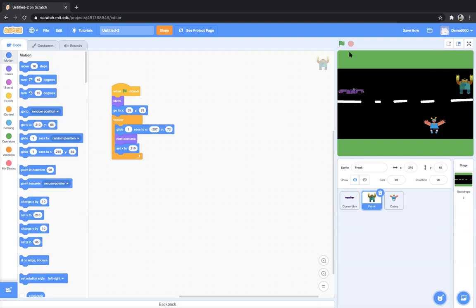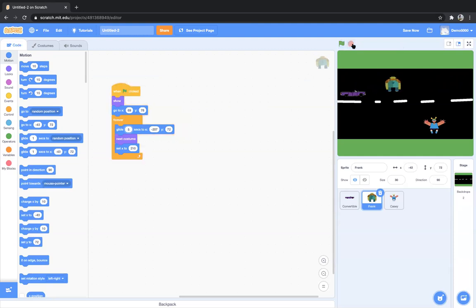Okay, so let's click on the green flag and let's see. Can you see the meaning of glide and what is happening? But Frank is moving quite fast, right? So I'll decrease the seconds here. Instead of 1, let's make it 5 so that Frank is moving a bit slower. Let's click on the green flag. So this is the speed of Frank. See, it will go and now reappear from here, and the costume is changing as well. Every time Frank reappears from the right hand part, the costume is changing.